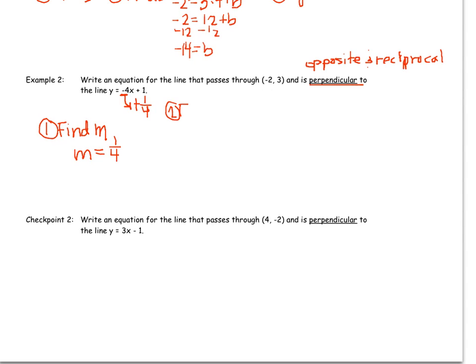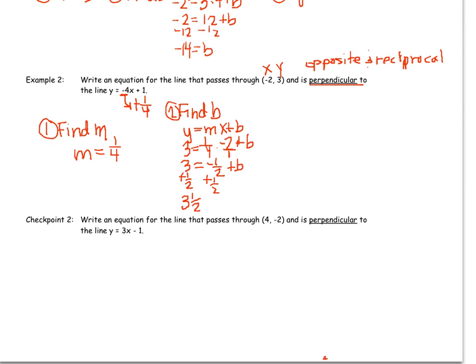Step 2, that's find b, and we're going to substitute in to y equals mx plus b, and right up above, here's my ordered pair, my x and my y. So 3 goes in for y, m is 1/4, times x is -2 plus b. So that's 3 equals -2 times 1/4. Well, I can put that over 1. I can put my -2 over 1. And I have -2 over 4, which is -1/2, plus b. So if I add 1/2 to both sides to get that b alone,